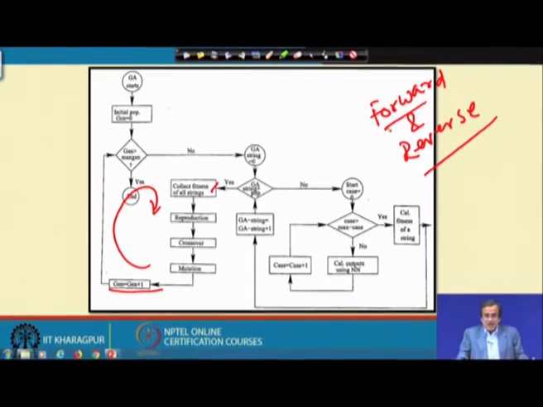Now, the reason is very simple. It depends on the nature of this particular error function.